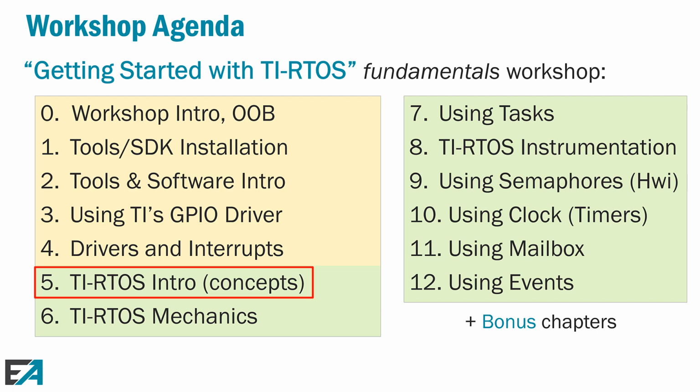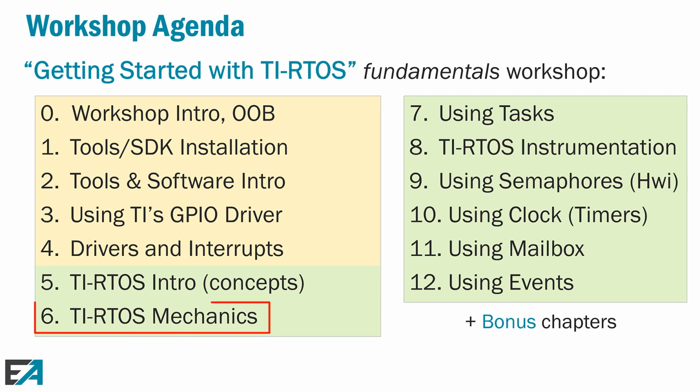We even define the word thread in that chapter, don't we? We do, actually. So that's more of a conceptual thing when we talk about threads, when we talk about hardware interrupts, software interrupts, tasks, and idle, what does that all mean? What are the priorities, and how do you create this stuff under the hood? It's really a conceptual part of what is the RTOS, what are all the terms, and so forth.